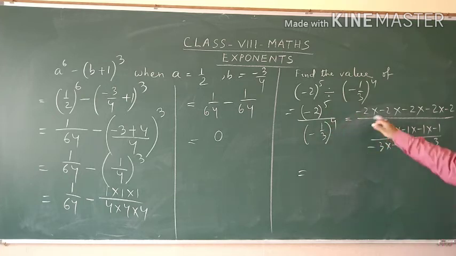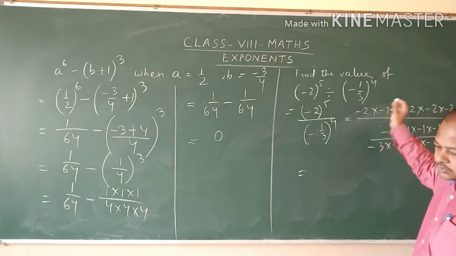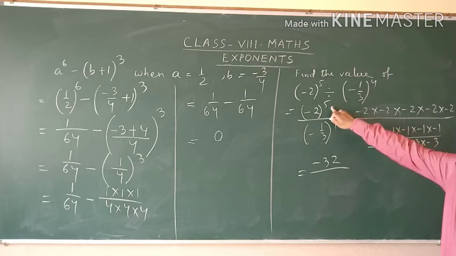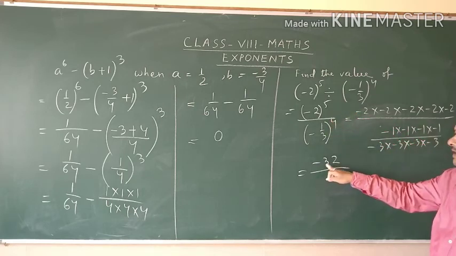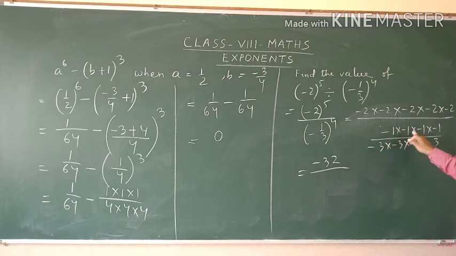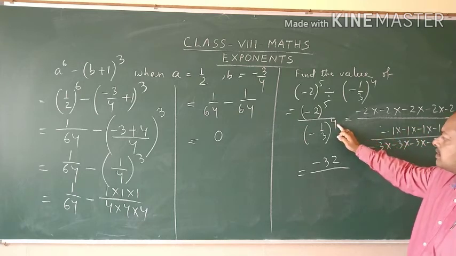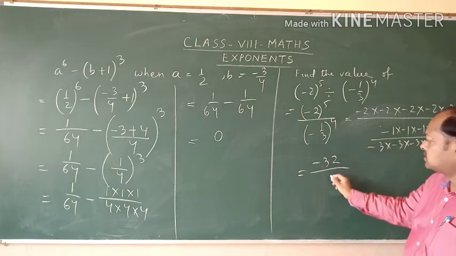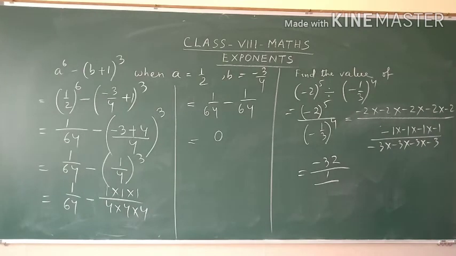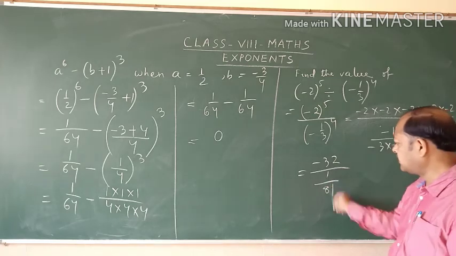negative. So 5 times 2: 2 to the 4, 4 to the 8, 8 to the 16, 16 to the 32. I can write here 32. How much? Minus 32, I can write here, because the power is an odd number, the answer will come negative. So minus 32 upon, what is the answer here? Minus 1 into minus 8. This is an even number, the power is an even number, so the answer will come plus. So 1 upon how much? 3 to the power 4 will be how much? It is 9, 3 27, 3 81. I can write 81 here.